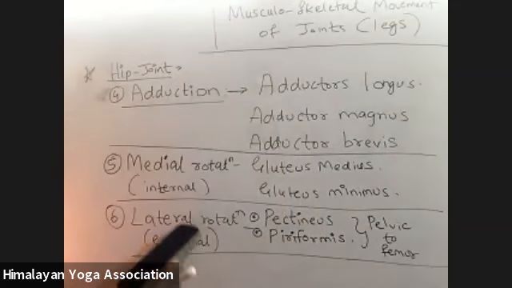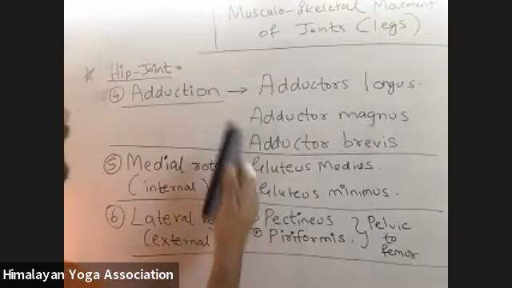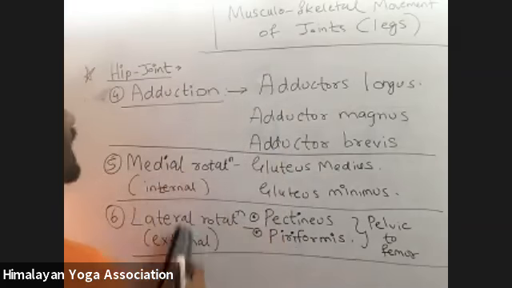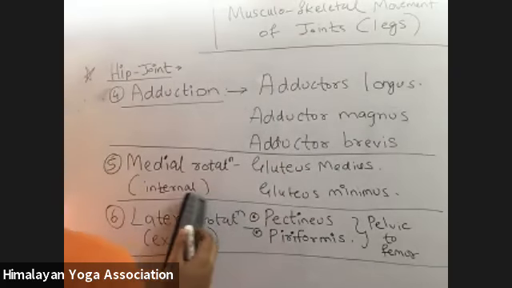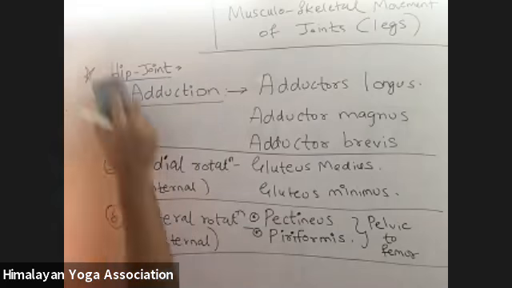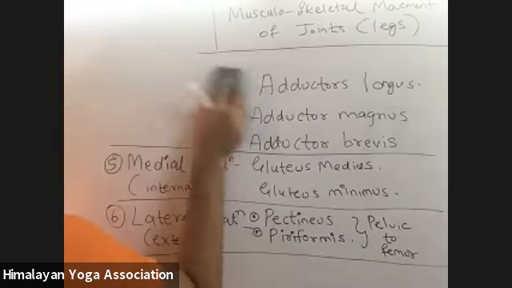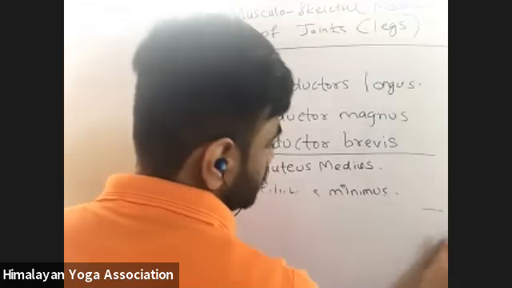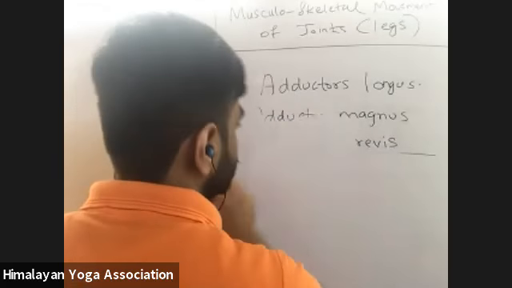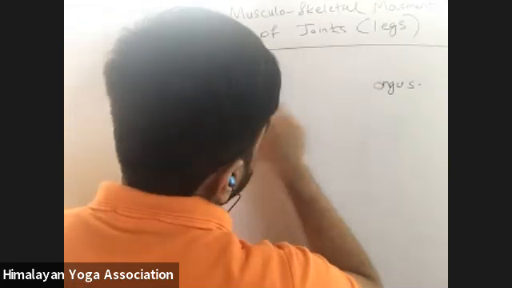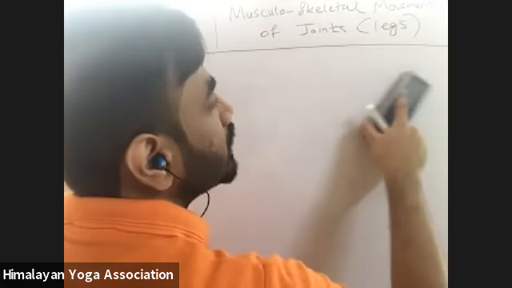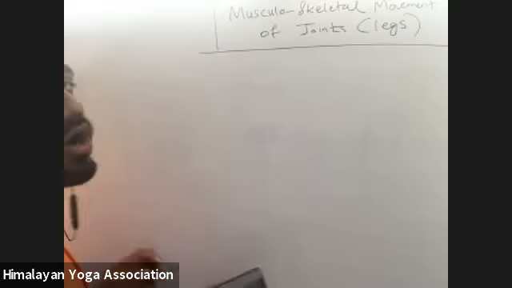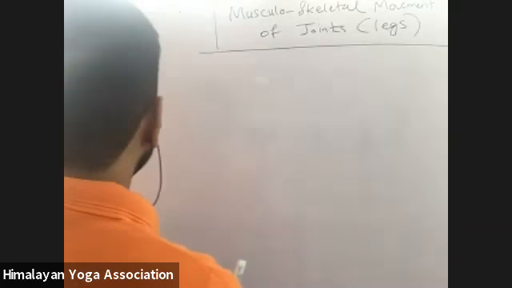Okay, can I raise it? Yes, you can. Can you tell me the kinds of actions of the hip joint that we have seen? We've got six in total: flexion, extension, abduction, adduction, medial rotation, and lateral rotation. That's it. So these are all the ball and socket joint actions in all the axes, that means in the x-axis, y-axis, and z-axis.